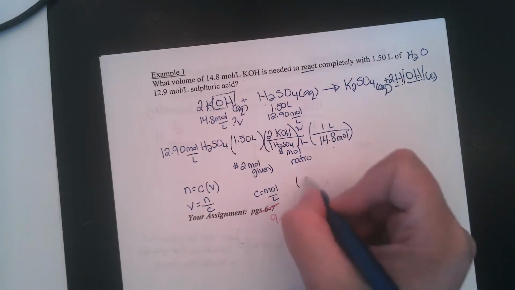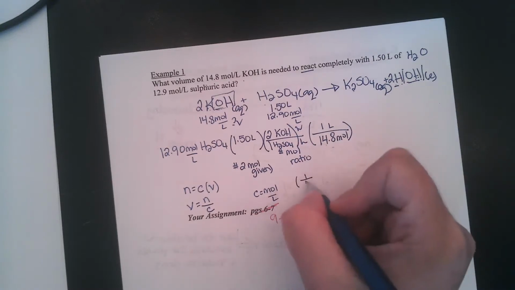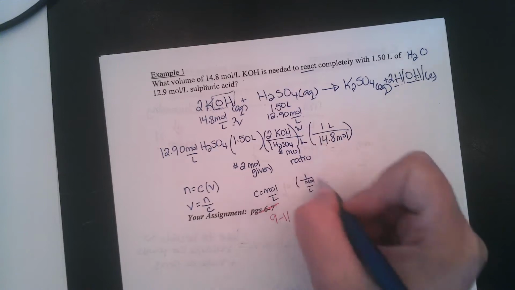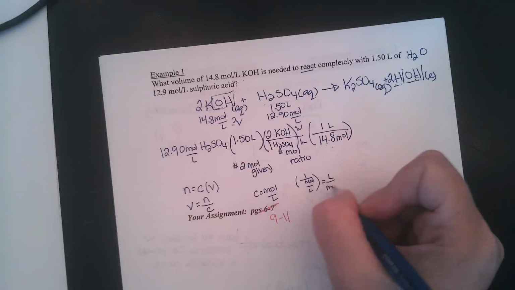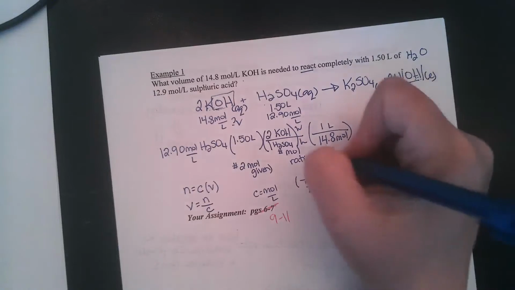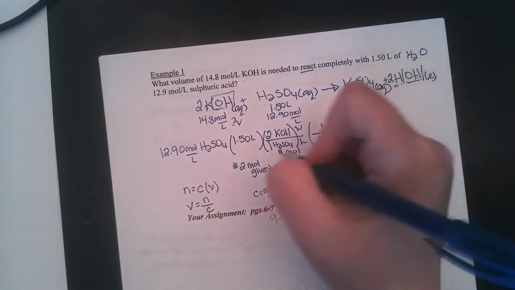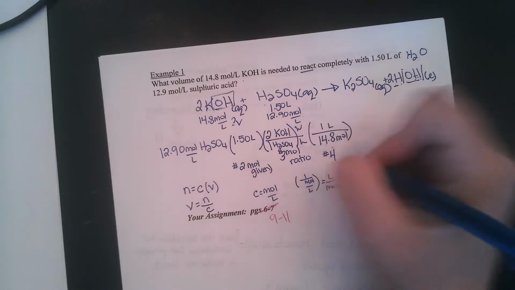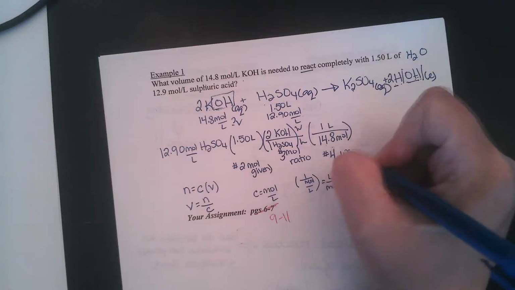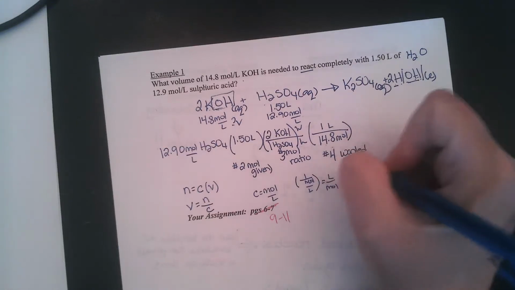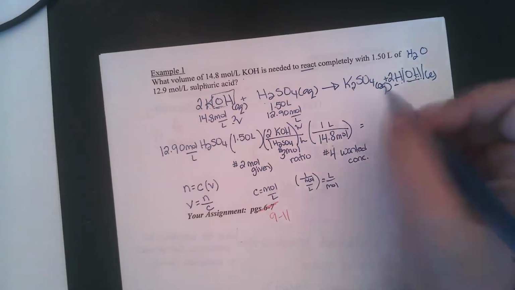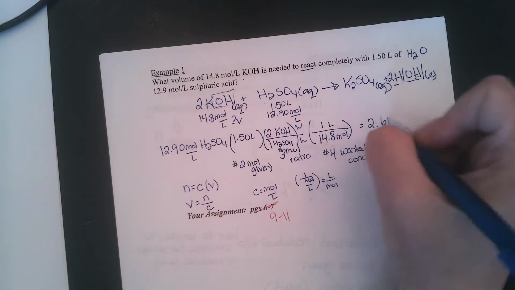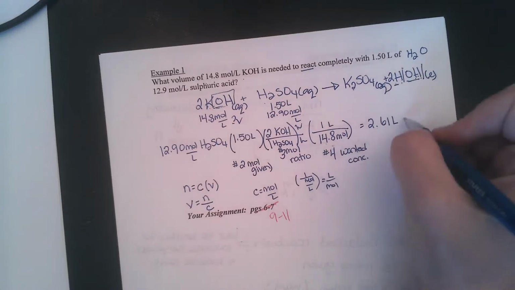It's the same as 1 over moles per liter, right? Will also give me liters per mole. And this is step number 4, our wanted concentration. And so when we do all that math out, we should get a value of 2.61 liters